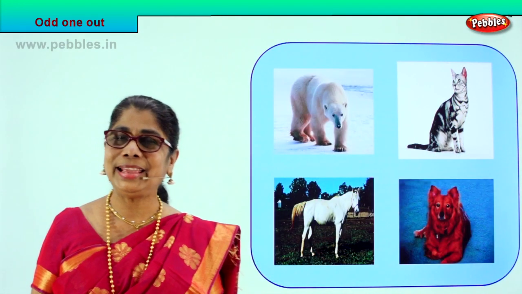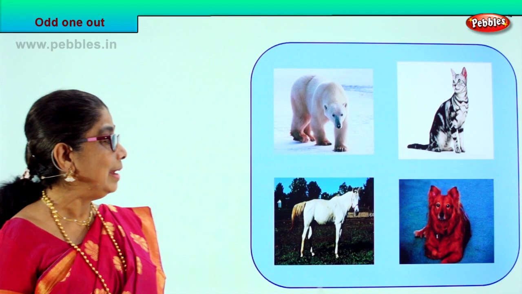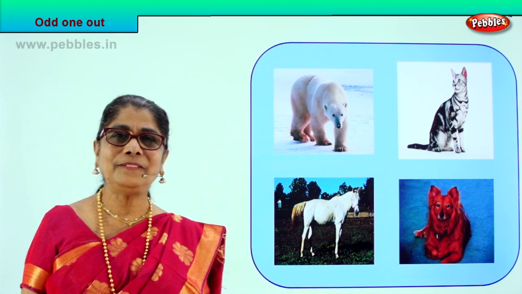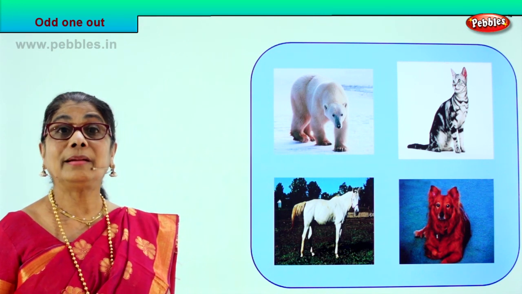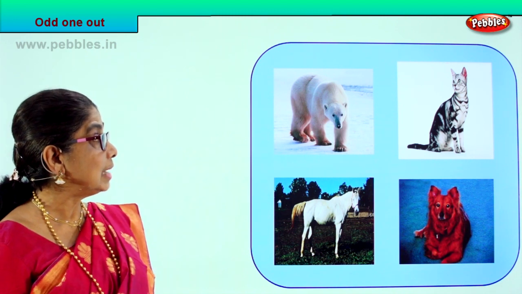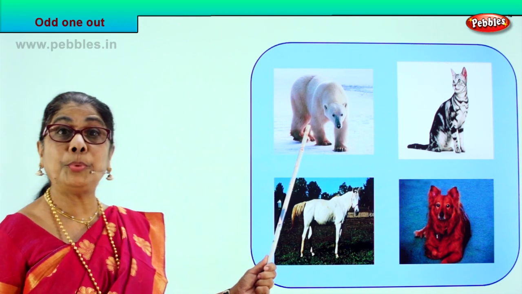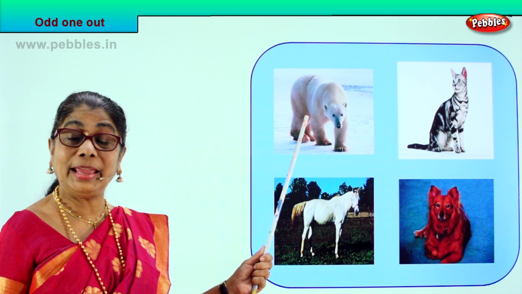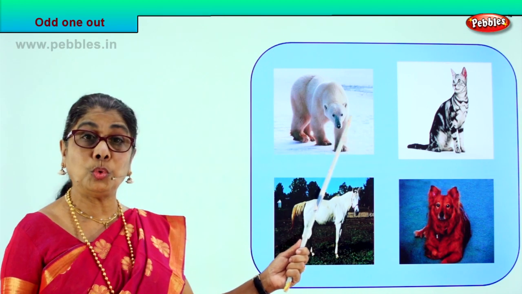Good. Shall we take another picture? Now look. Look at the picture. Lovely things are here. Look carefully. Recognize what they are and find the odd one. Shall we? What is this? This is a polar bear. What animal is this? Polar bear. You find it in the ice. They live among the ice, North Pole, South Pole.